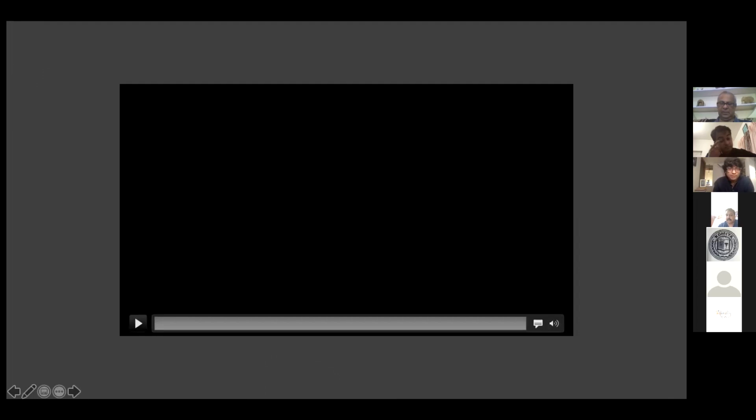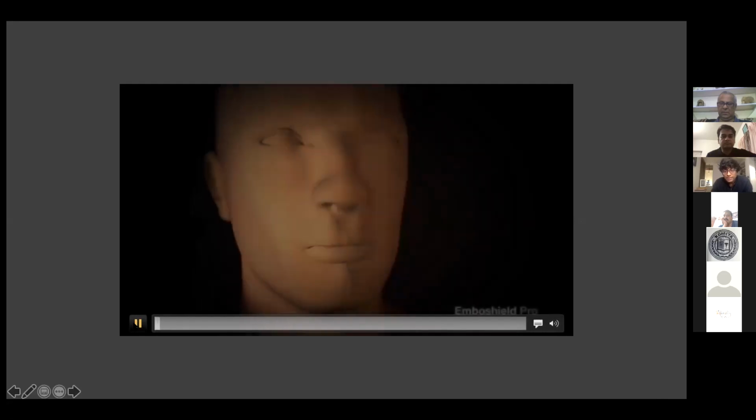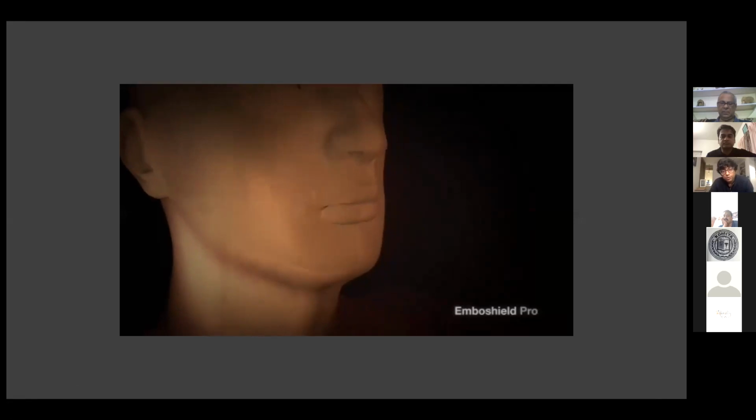Yes. I was told that many of the participants in this seminar are not necessarily vascular specialists and might be neurologists or other physicians. So just for the benefit of those people, I'm going to show you an animation of carotid artery stenting, so that the non-vascular specialists can have some idea about what the procedure looks like.